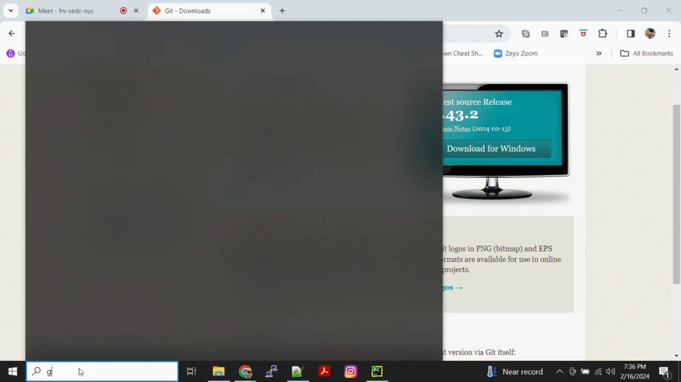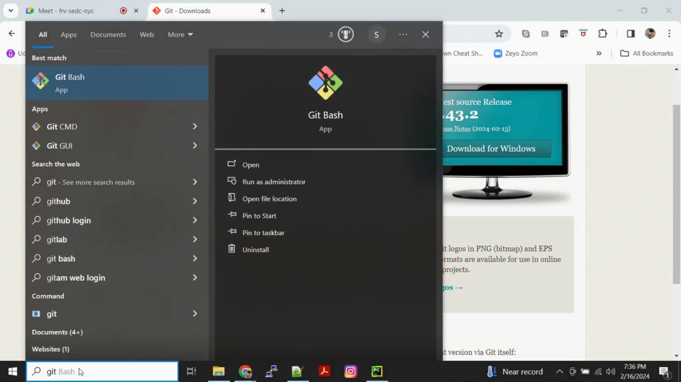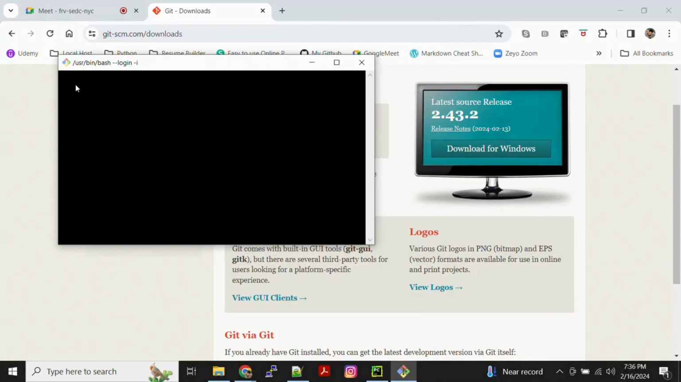If you search for git here, you will get three options. The first one is Git Bash. That is what we need to open. Let me open this. So once it opened,